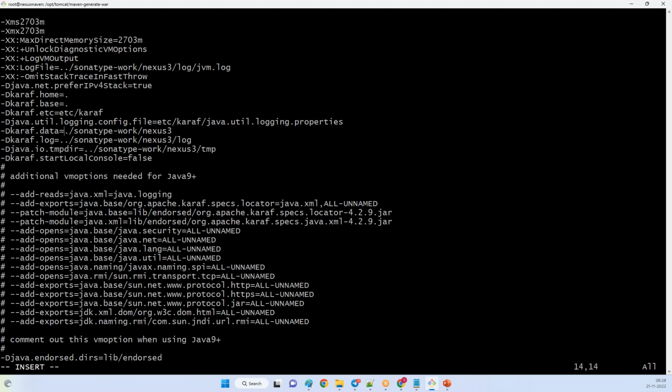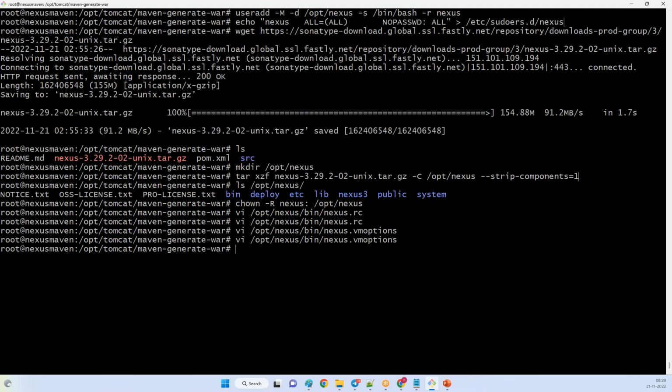The current location, so you can remove the double dots to a single dot. That's it. We have to edit this. You can save the file.